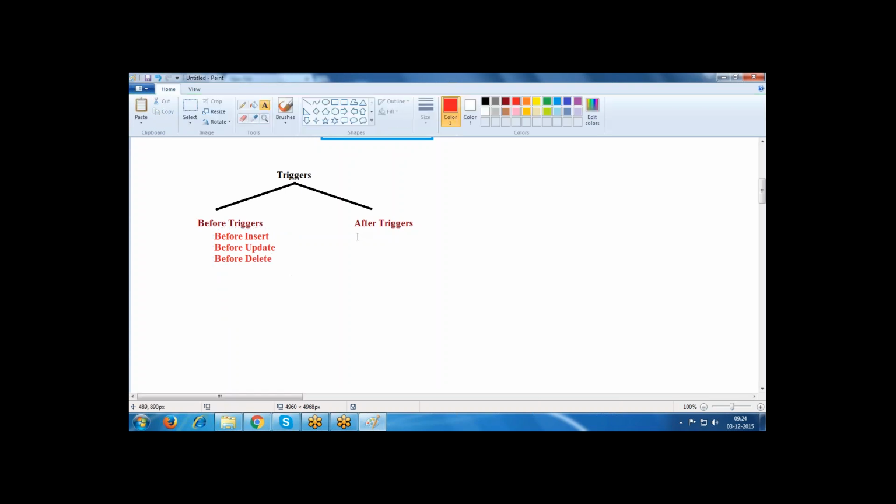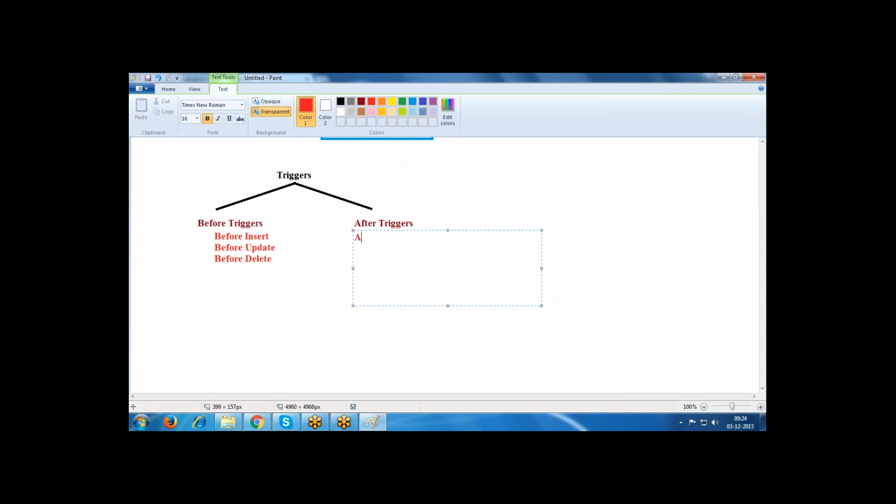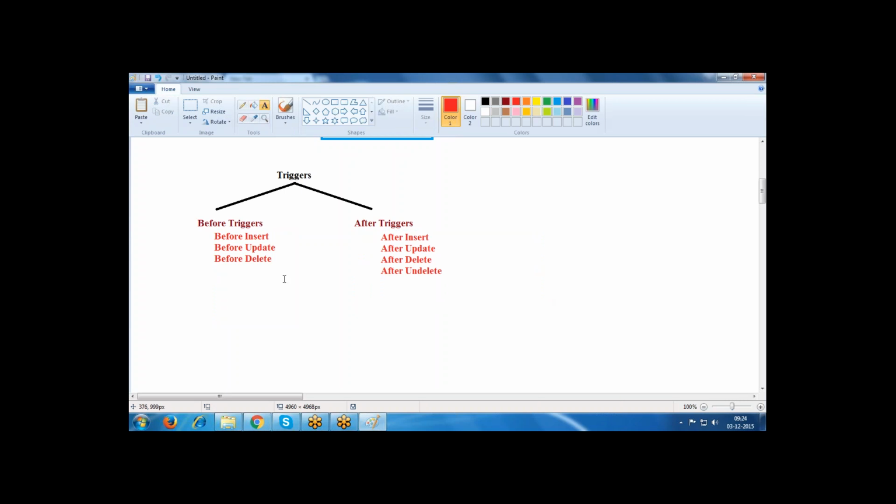In the after triggers, after insert, after update, after delete, after undelete. There are different events for after, different events for before. If you want to perform any operations on the object, then we use the before operations or after operations.